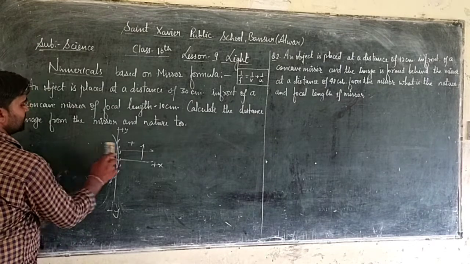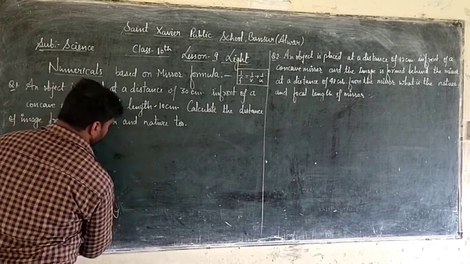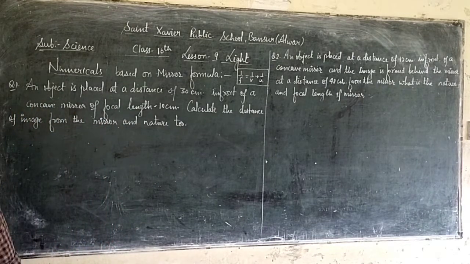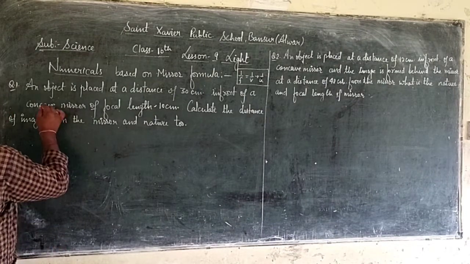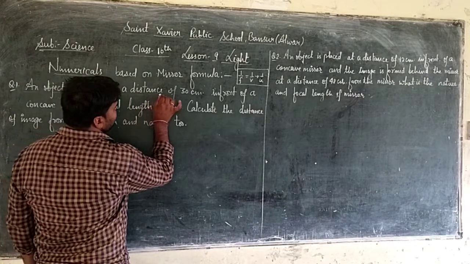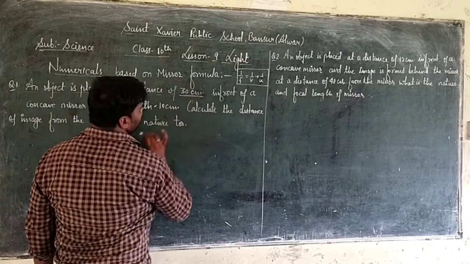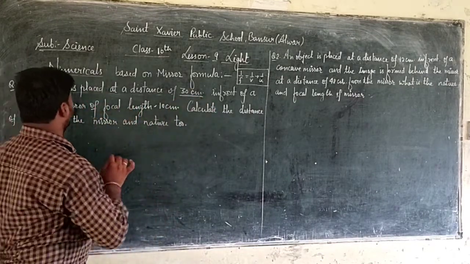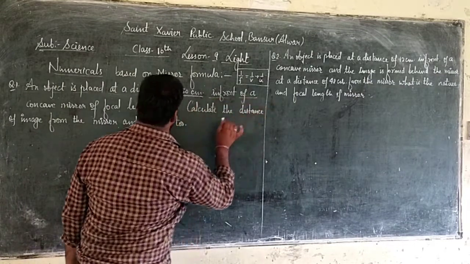Now we are going to start solving the numericals, okay. In the first numerical, read this carefully. An object is placed at a distance of 30 centimeter in front of a concave mirror,